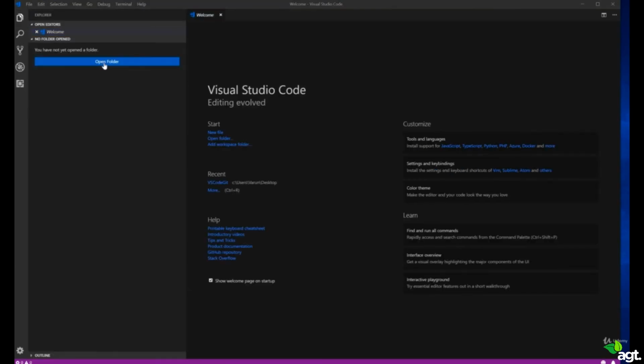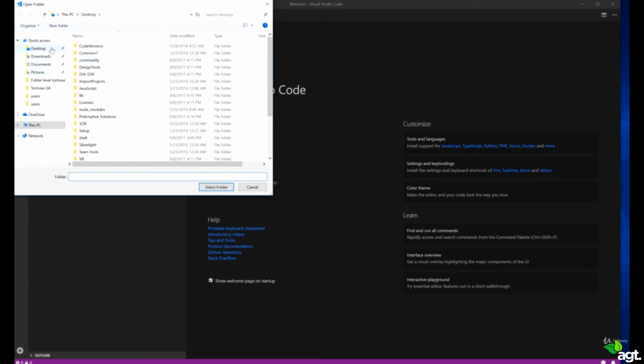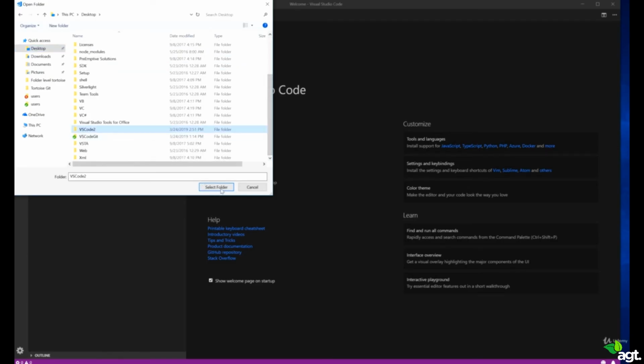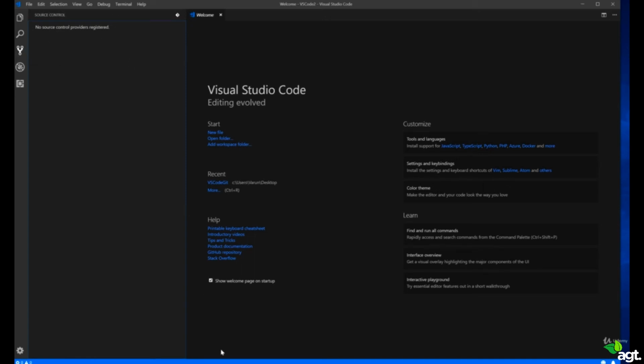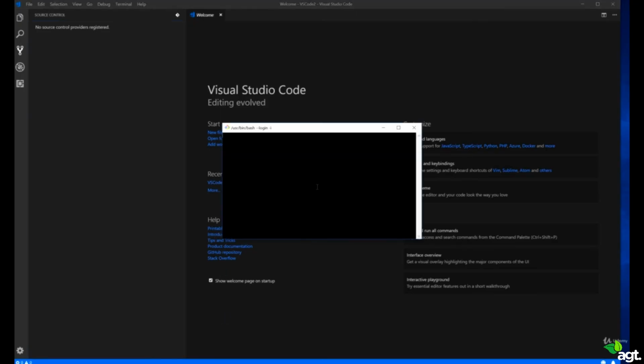So let's open folder. As you can see, I'm using a fresh folder, right? No files, nothing. Now the way you start working with Git is you click on the icon here. Right now you'll see nothing is provided, right? So typically what you would do is you would open Git Bash or terminal on the Mac. I'm on Windows right now, and you would go to the folder,